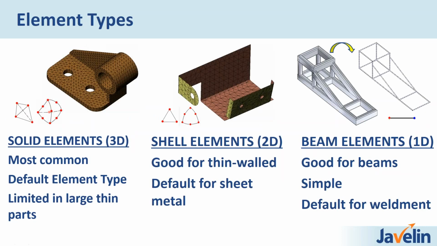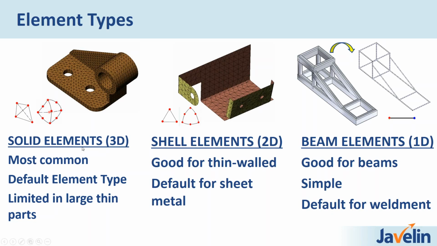So to start with, we'll go over the element types in SOLIDWORKS. Now, the most common type of element you'll see is the one we have on the left. It's solid elements. These are the default element type for anything in SOLIDWORKS. And what these are, they're triangular pyramid-shaped elements, what we call a tetrahedral shape. They're very good for most chunky parts and as a default, but they get limited when you get into very